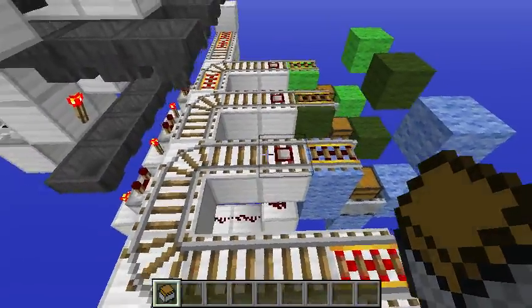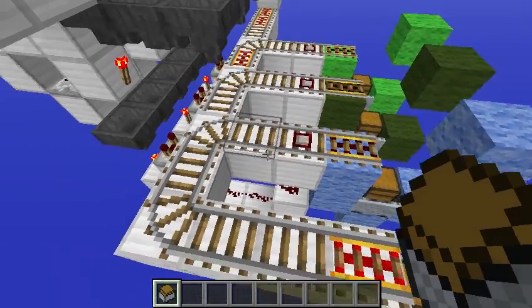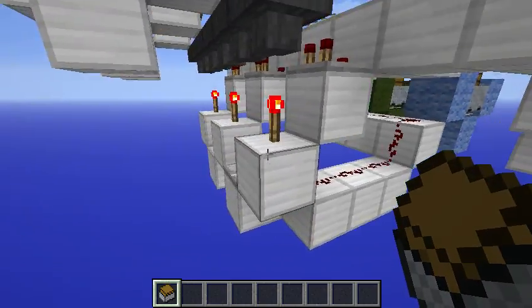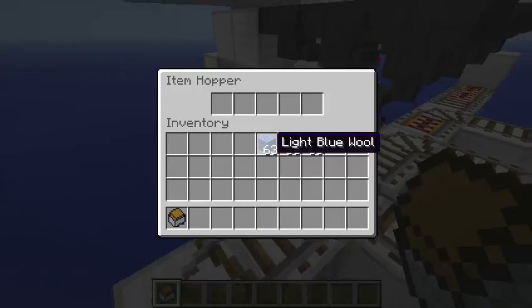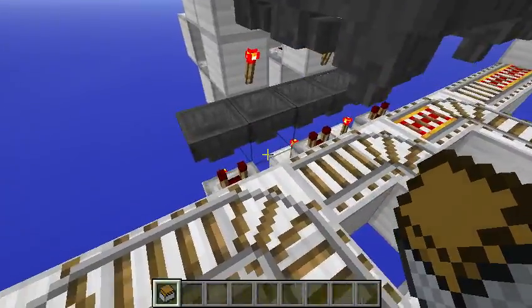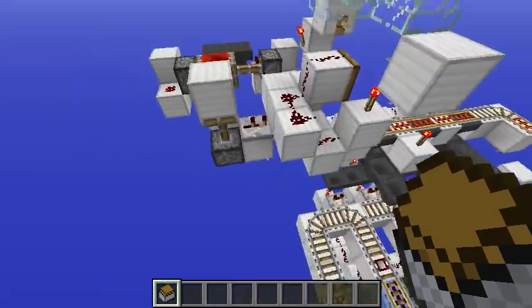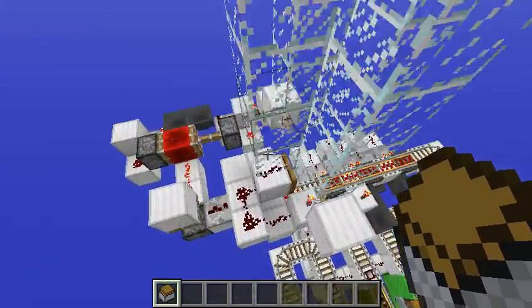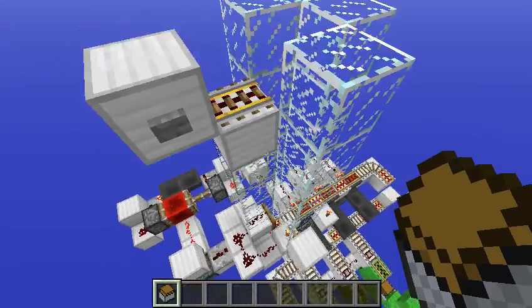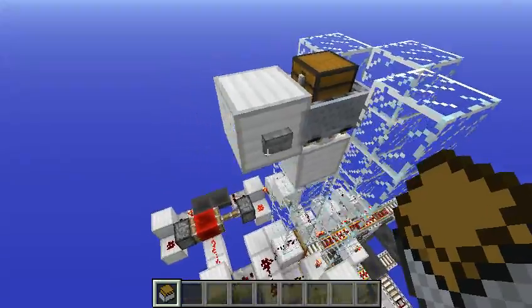Now, when the light blue chest gets sent down its line, it'll hit this detector rail, which will flip these torches off for a moment and allow this one item to pass back into the first hopper and reset the system. And this all works on a clock with a buffer. So if you have multiple inputs to the chest sorter, then it won't cause any problems. So we can build up a backup here,